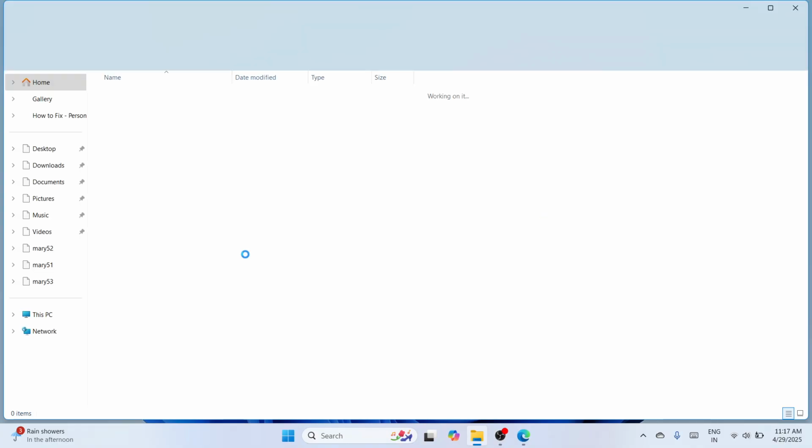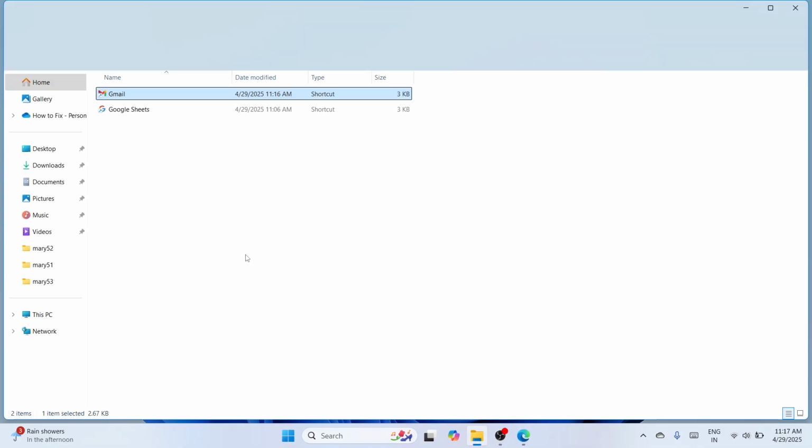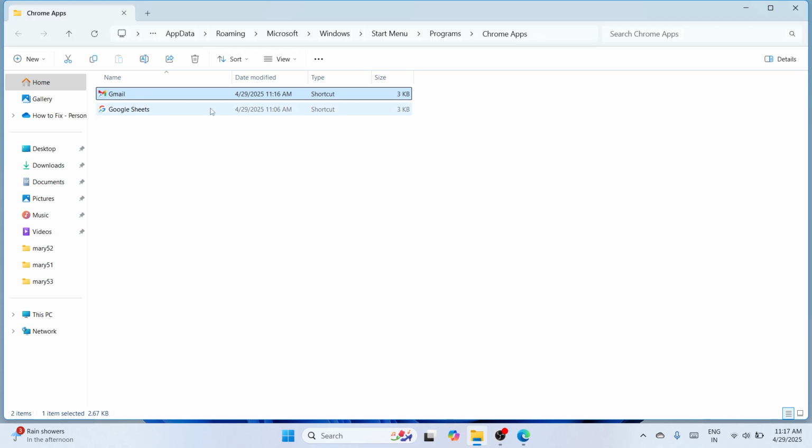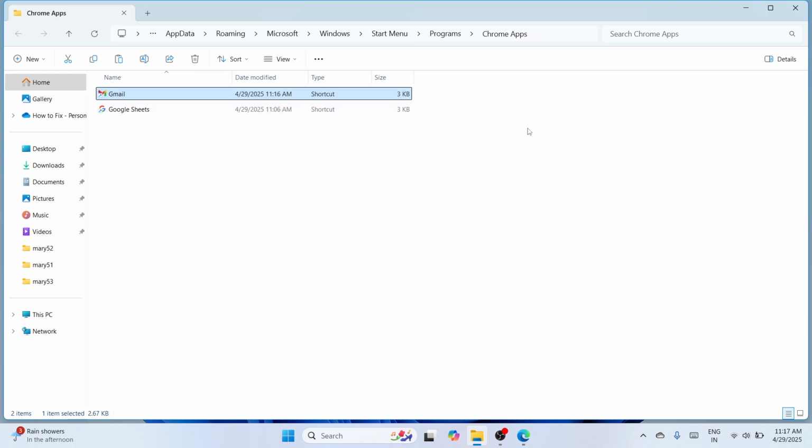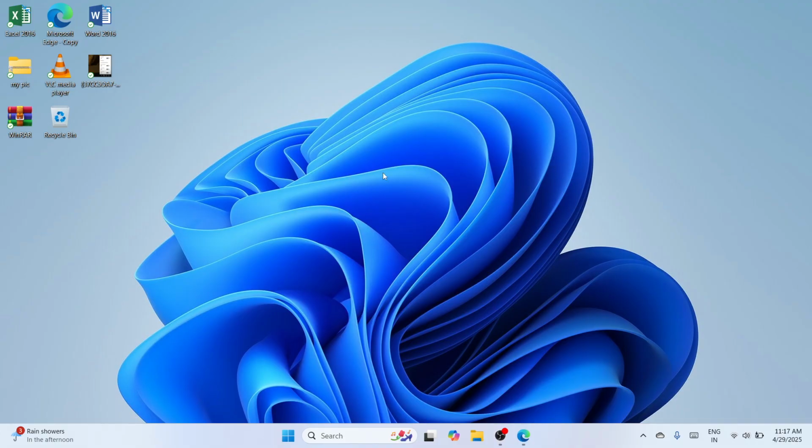So in that way, you would be redirected to the location where it is saved. Now please select it. Please make a right click and go with this copy icon. The moment you've copied it, close the window and here at the desktop, please make a right click and go